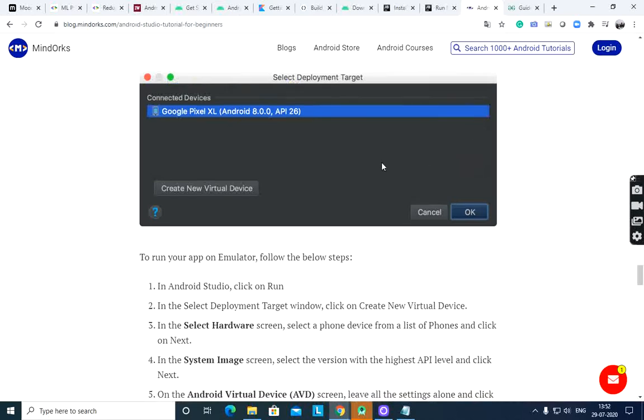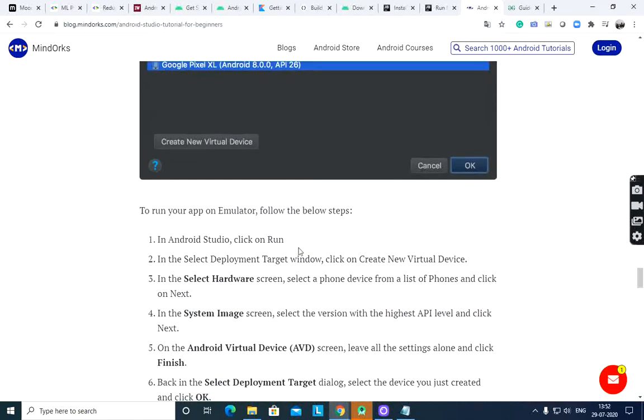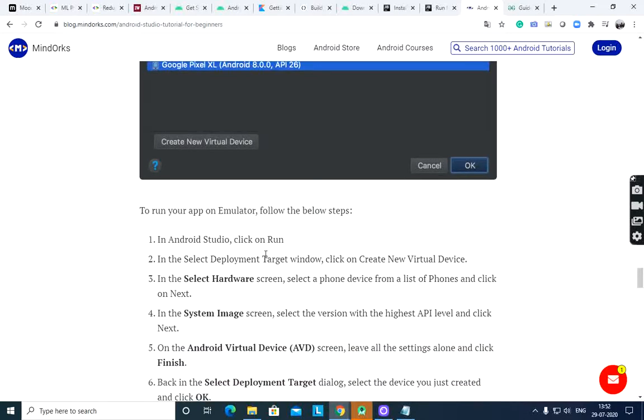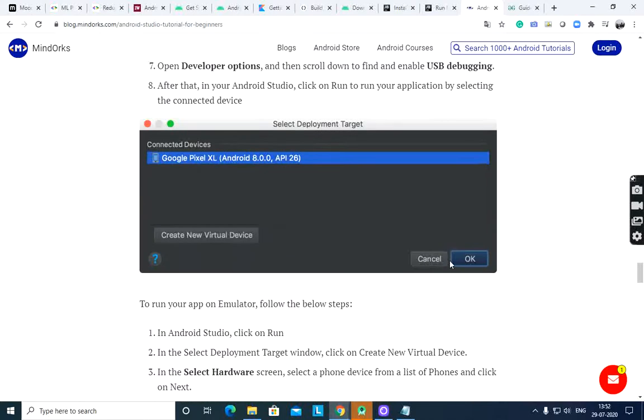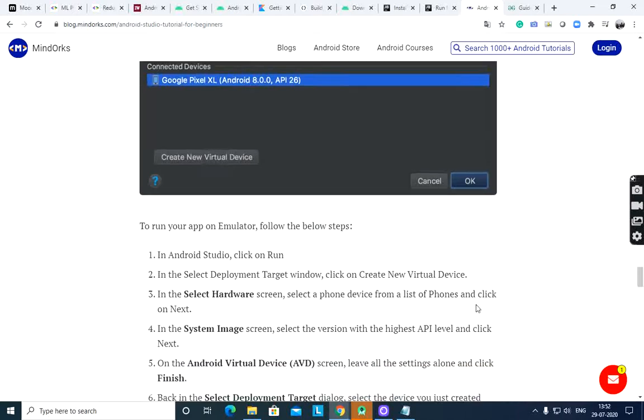This is one of the processes to execute your app, and another process is there using an emulator. First you have to create your own virtual device. Here the AVD option is there in Android Studio. Click on run. In the select deployment target window, it will show create new virtual device.